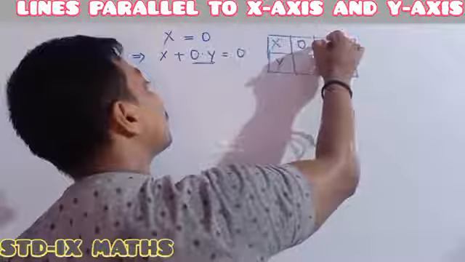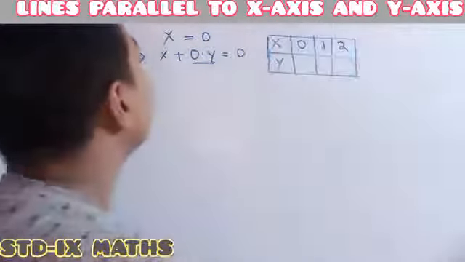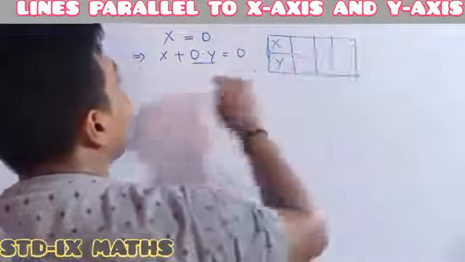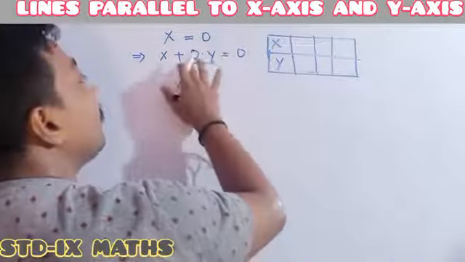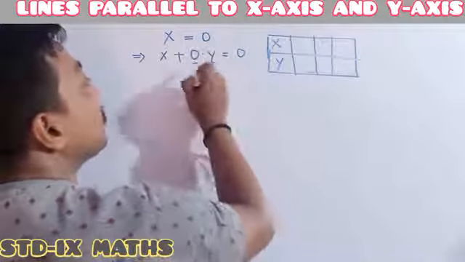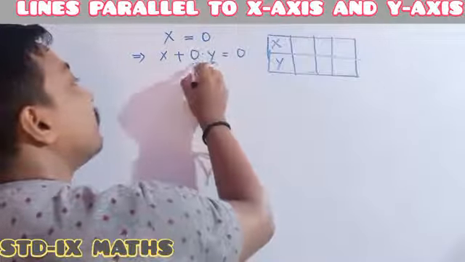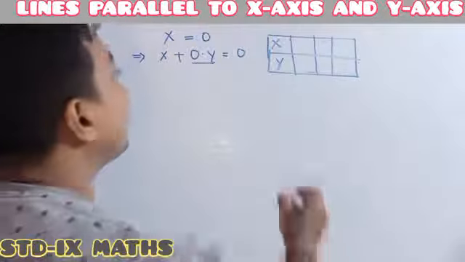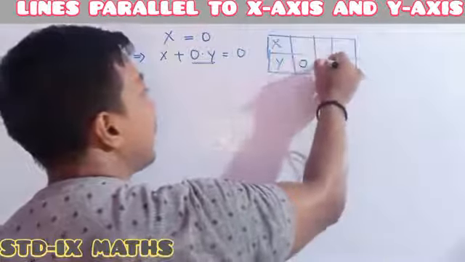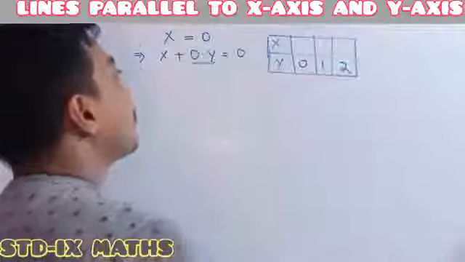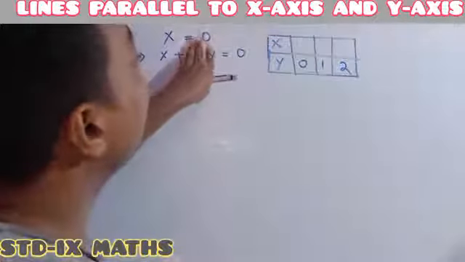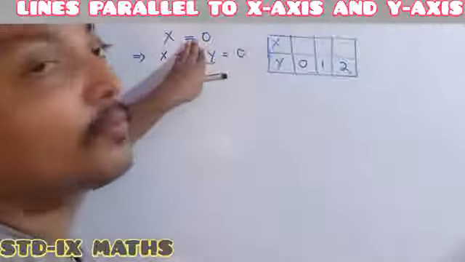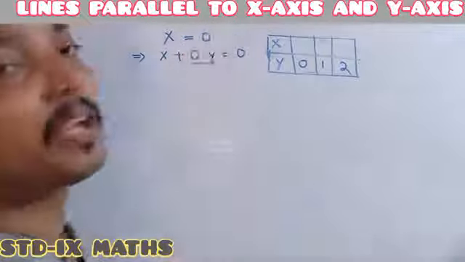So it is easier for us, you just have to take any value of x. Any value of x, here it is 2. See, any value of y you may choose. As y into 0 is given, whatever value of y you choose, this term always becomes 0. So first you have to put different values of y. First I am putting 0, 1, then 2. Suppose I put 0, this term is 0. If y is equal to 1, this term is also 0. 2 is also 0. Whatever value of y you choose, this term always becomes 0.